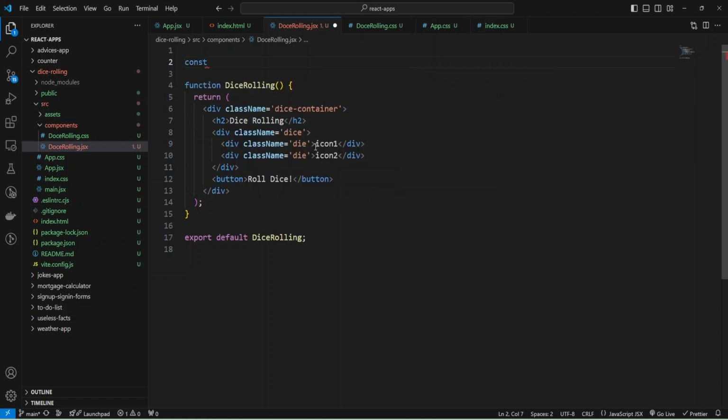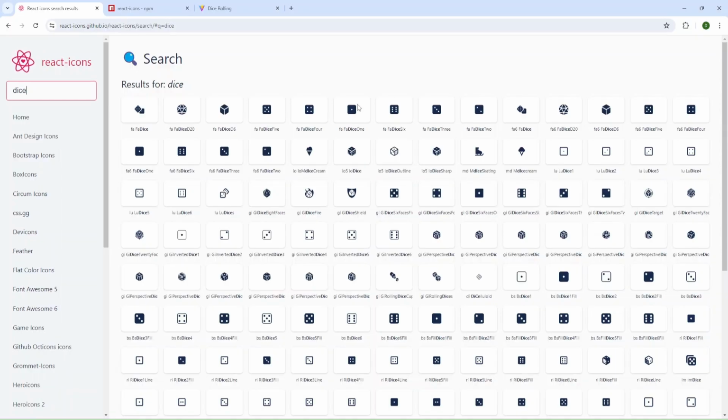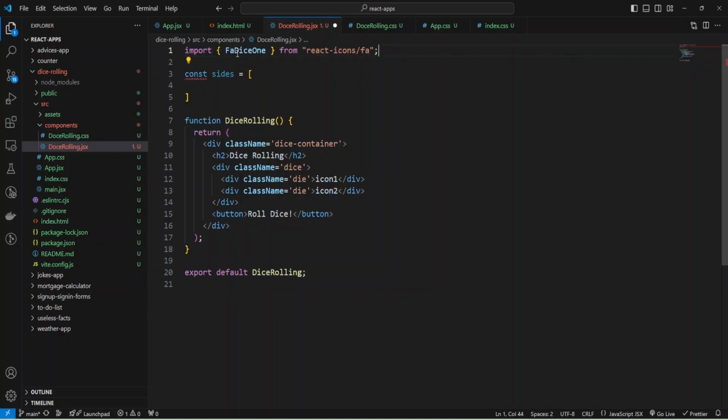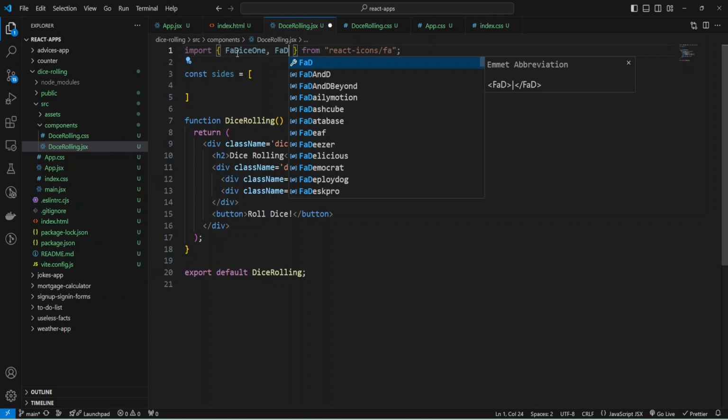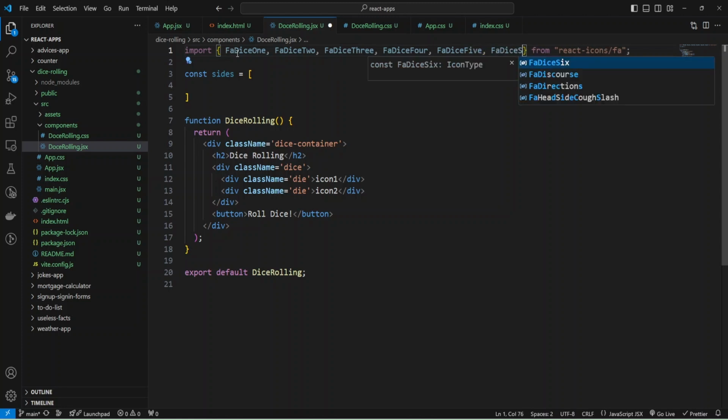Okay, and let me create an array with const, and it will be an array of icons, and I'm going to import all icons, and I can select one and add this import, FaDice1, and also we have FaDice2, and I'm going to copy paste this text and provide more icons, dice 3 and 4 and 5, and the last one 6.